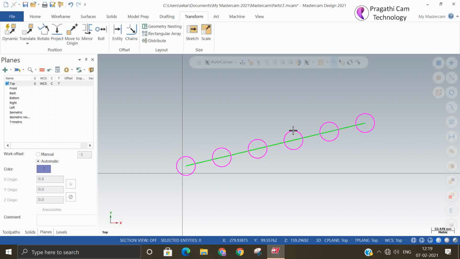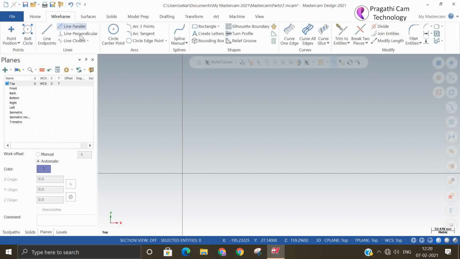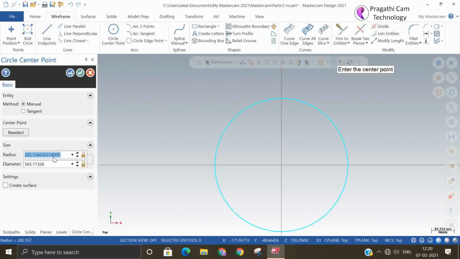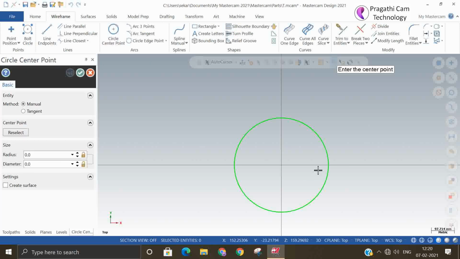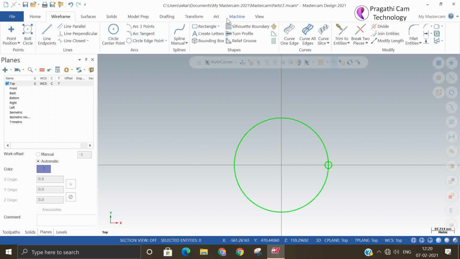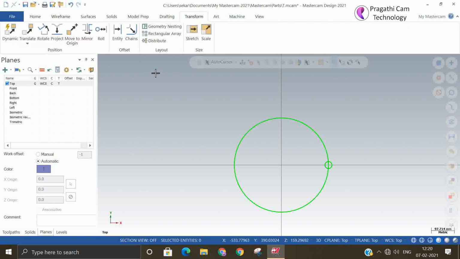You can ask one question: whether it will work on a straight line only or whether it works on splines also. So let me check it now. I will make one circle here. Instead of a straight line I made a circle, and I'll make one more circle here. So now we'll see whether the distribution is happening on the circle or not. Now we can understand how this distribute works.